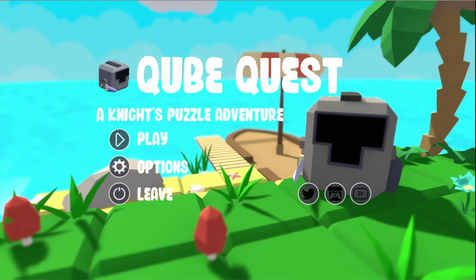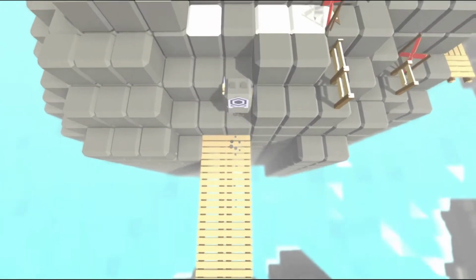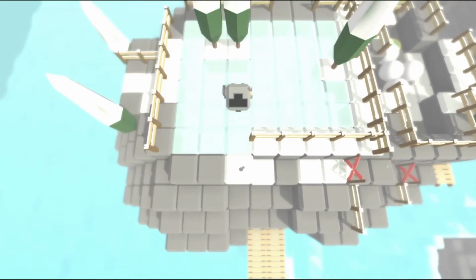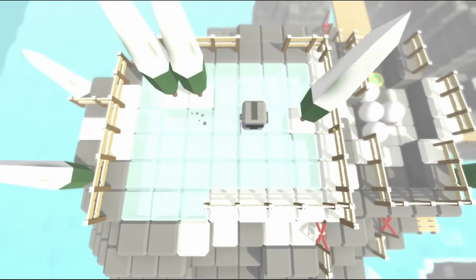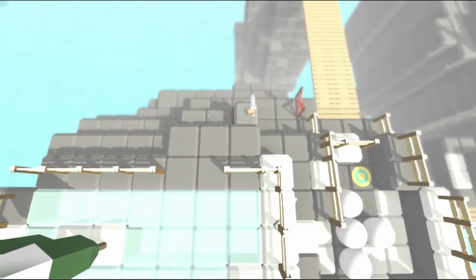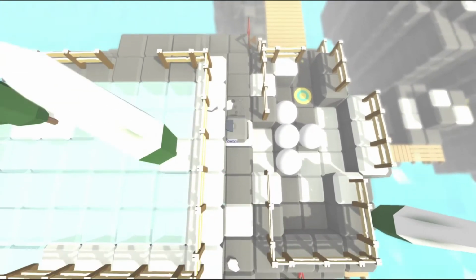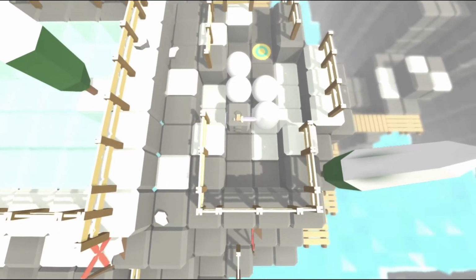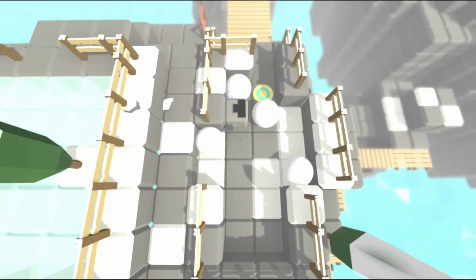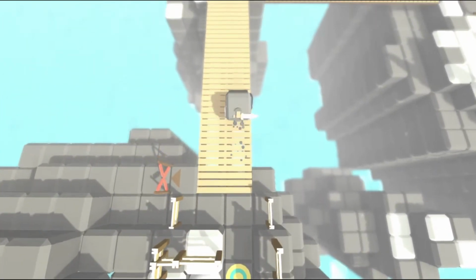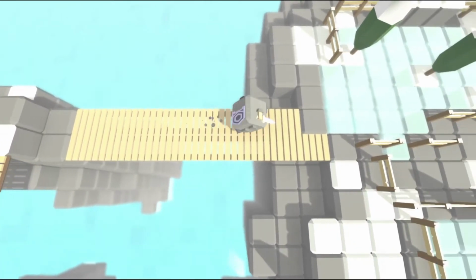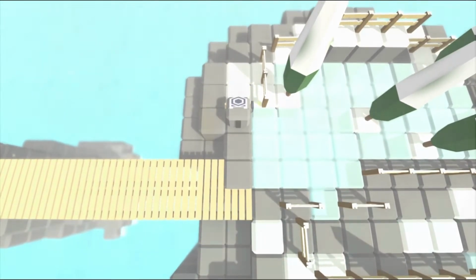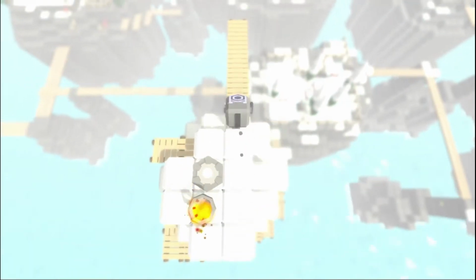After the areas I showed you last week, I want to show you a new area today, the mountain. Here you climb on top of snowy peaks and solve puzzles that revolve around ice and pushable snowballs. When you step on ice, you start sliding in that direction and can't change it. You only stop when you hit a wall. Then you can start sliding in a new direction, so you have to plan your way over the ice to reach your destination. In the puzzles with the pushable blocks, you have to find the right order of operations for pushing the snowballs, so that you can clear the way to the goal. I really liked how this area turned out, especially with the fog and the view you have from the switch